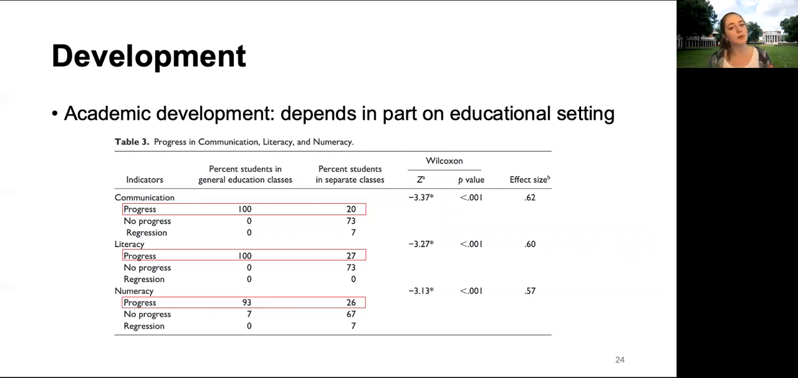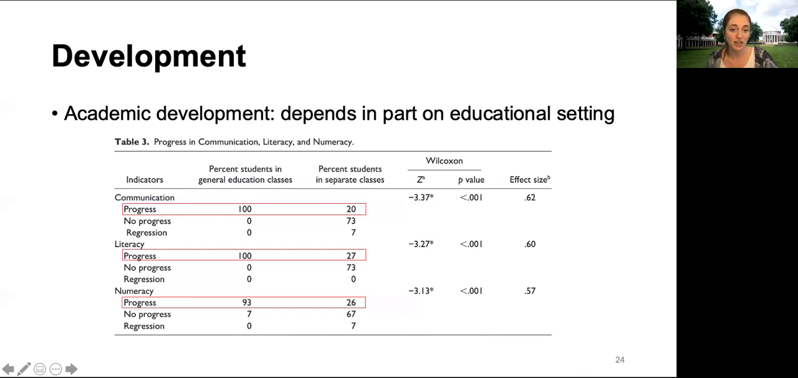studied children with high support needs, including autistic children and children with other diagnoses who were in general education classrooms. And importantly, they matched these same children to those who were in separate classes on their diagnoses, as well as a lot of different variables, basically their abilities at starting out this longitudinal study. And then over a period of time, looked at how many of these children progressed or didn't progress at all, or actually regressed in their communication, literacy, and numeracy skills. And as you can see in this figure,